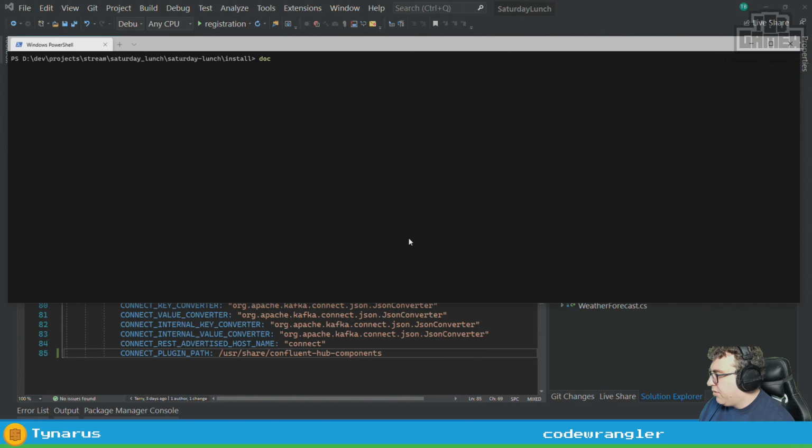So we go back over here, docker exec -it connect bash. And then we're going to do confluent-hub